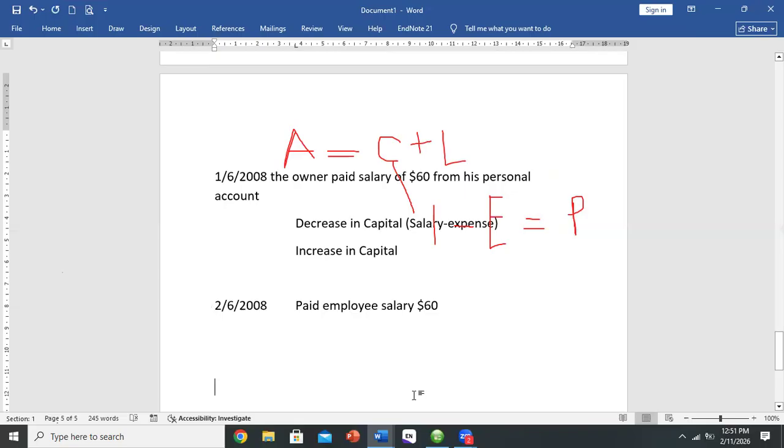I will go, hold on, let me finish the explanation, then you can bring up your question. Paid employee salary, right? 60 cedis. Then this time, still the business is paying salary expense, so there will be decrease in capital, that is in the form of the salary expense. But the other thing is,